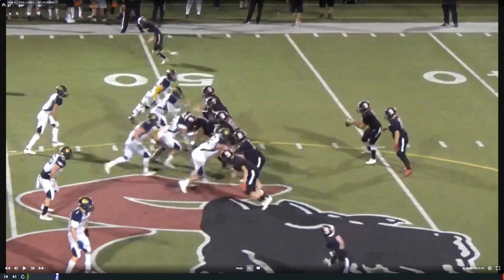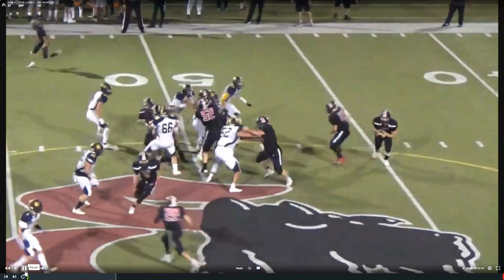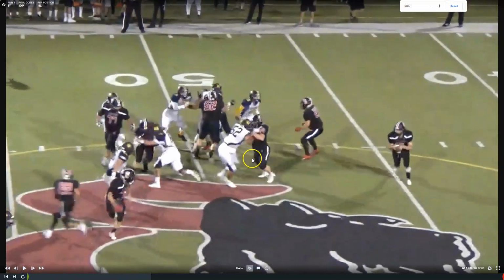All right, next play, ineligibles downfield. Tough play, but how do we officiate it? So we have the